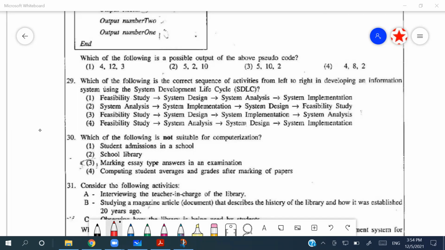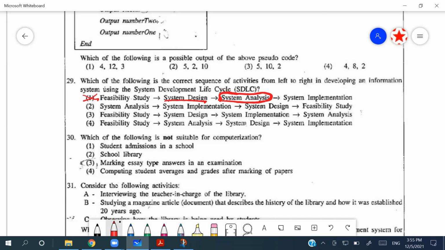So first, third, and fourth answers start from feasibility study. In the first answer, it's feasibility study, system design, system analysis, system implementation. So you can't design the system without analyzing it. No, Seran, we can't go with the first one because system design happens after we analyze the system. Analyzing is the one which gives us the idea about the system. Without having the idea, we won't be able to design, right? For that reason, first one is wrong,